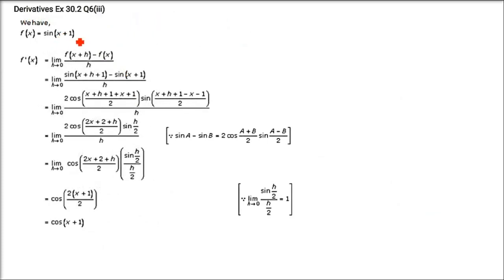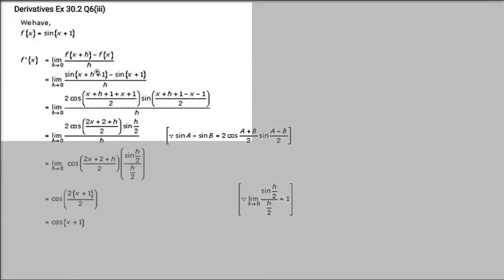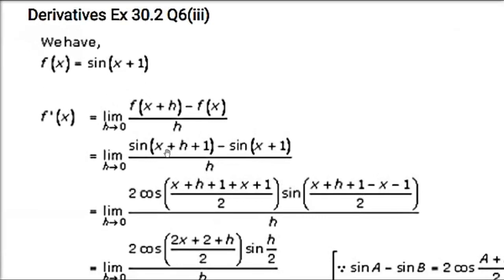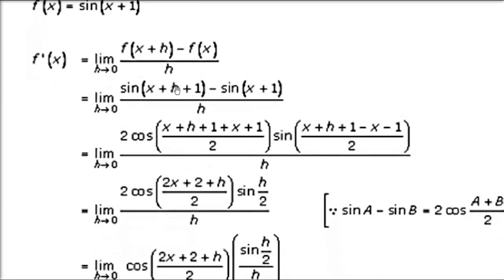Now you have sin(x+1). These all four questions are NCERT. So sin(x+h+1) minus sin(x+1), divided by h. This is sin C minus sin D, which is 2 cos (A+B)/2